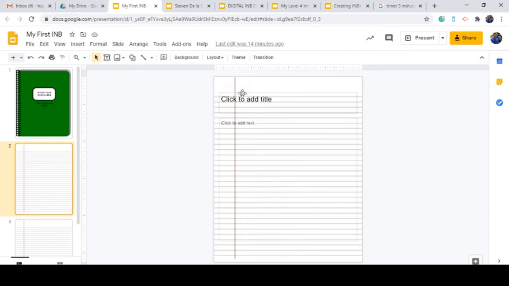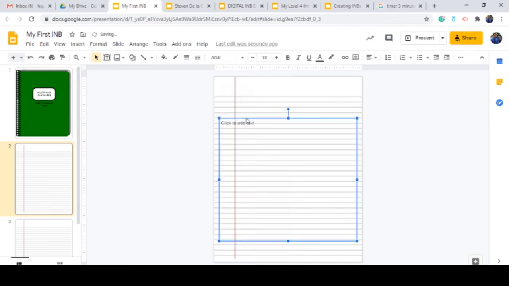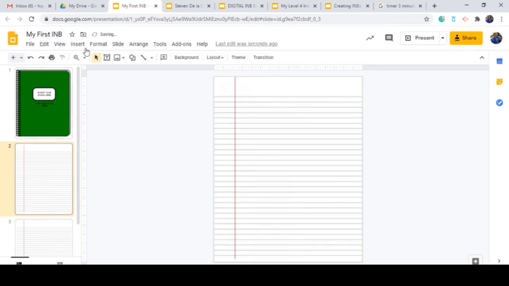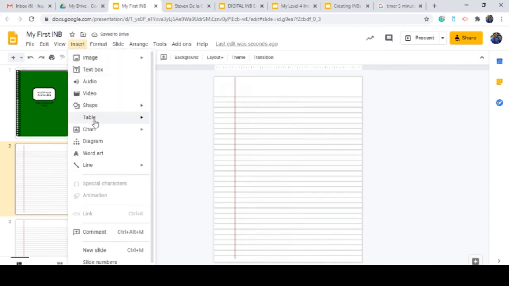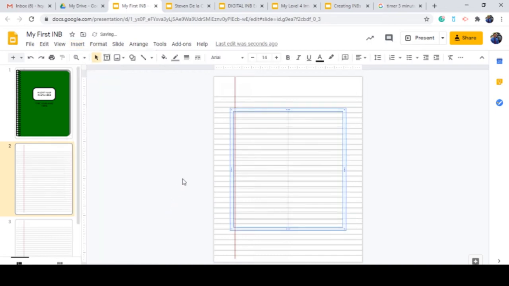So I am going to click here and delete these text boxes that come by default, and I'm going to insert a table, yes, and it's gotta be 2 columns with probably 15 rows, so that's gonna give us more or less 30 pages. I'm gonna explain to you how that's gonna work later, but basically